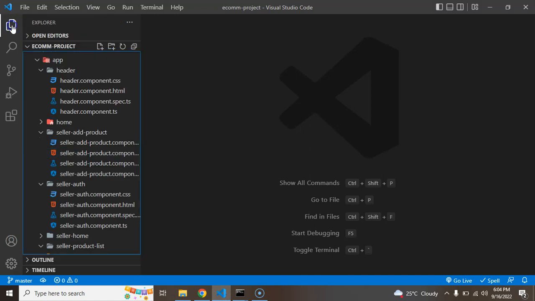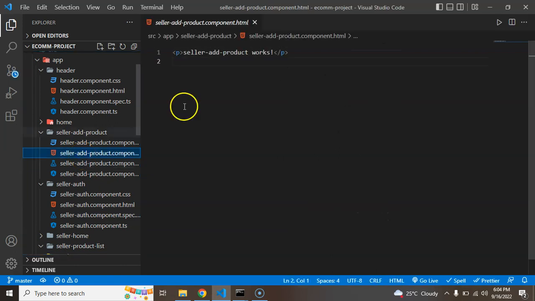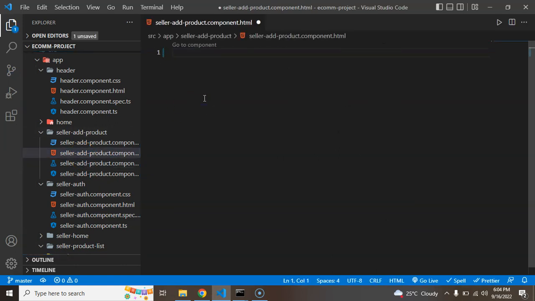So where we have to do that, in last video we created a component with the name of seller add product. So let's open there, and let me just remove the default stuff from there, and I am just adding the div there. And let me add a class name. Let's say class name is add product, and inside it we can just make a h1 tag also. Let's say add new product,